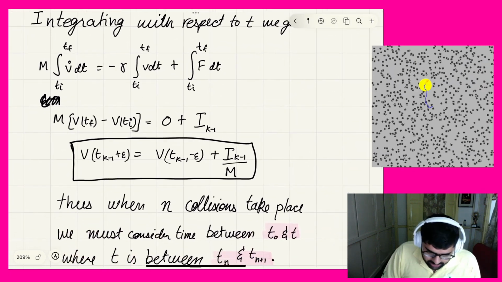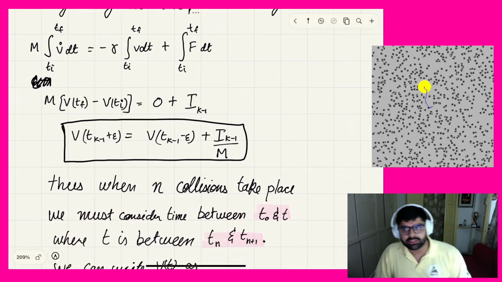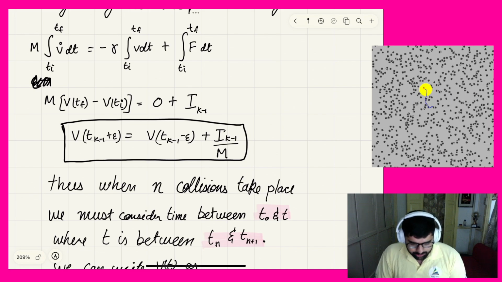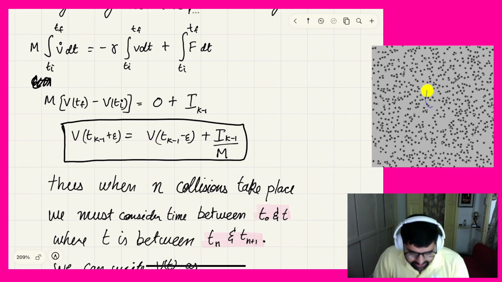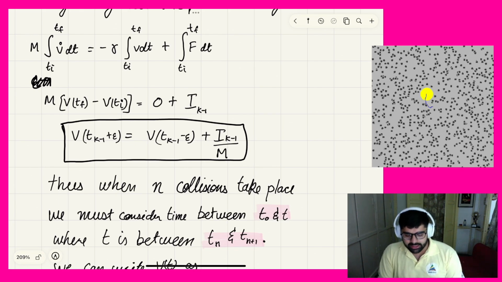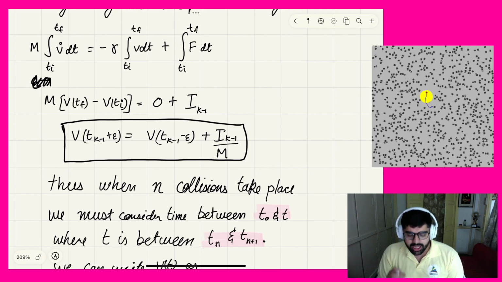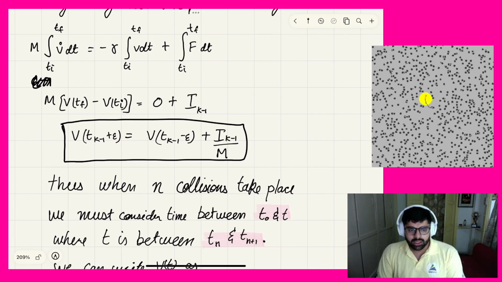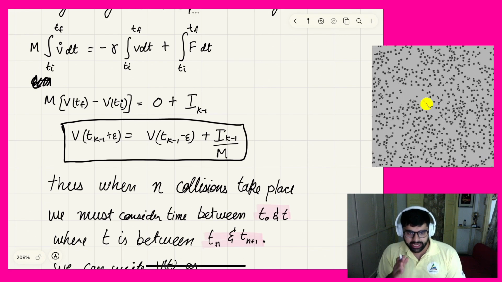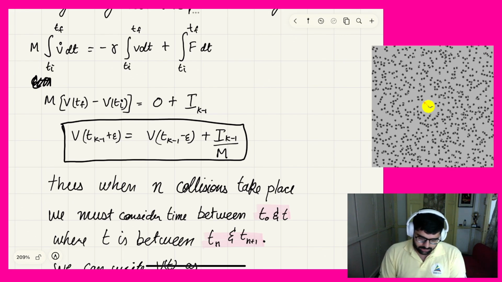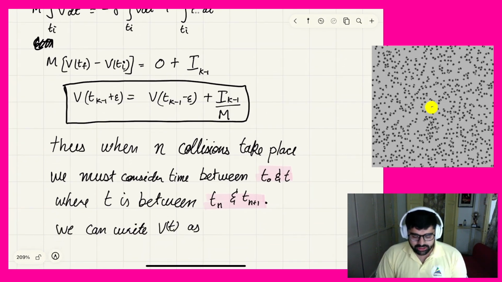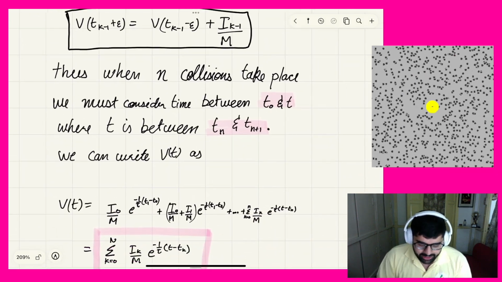Now the answer for what time interval we have to choose is, if we think carefully, when n collisions take place, we must calculate the velocity first, starting from t0. We have to go from t0 to t1 to t2 to t3 up to tn, and then we can calculate velocity up to tn minus 1. So that's what I wrote. And velocity v of t can be written as, firstly,